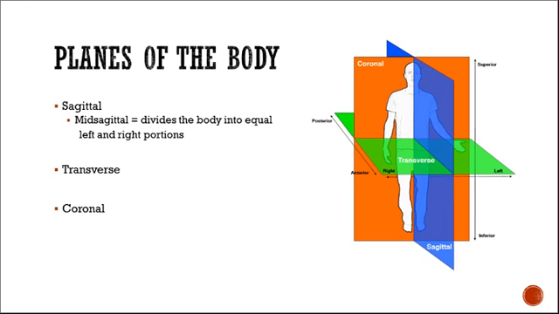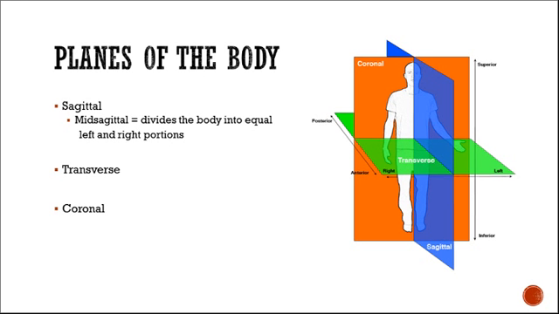The sagittal plane, and on our picture here, it is the blue or kind of the purply color. It sections or divides the body into right and left portions. If it happens to cross along the exact midline of the body, it's called mid-sagittal. And in that case, the mid-sagittal plane would divide the body into equal right and left portions. So we could divide the body into right and left portions many ways, like a loaf of bread. But if it's exactly down the middle, that's considered mid-sagittal.